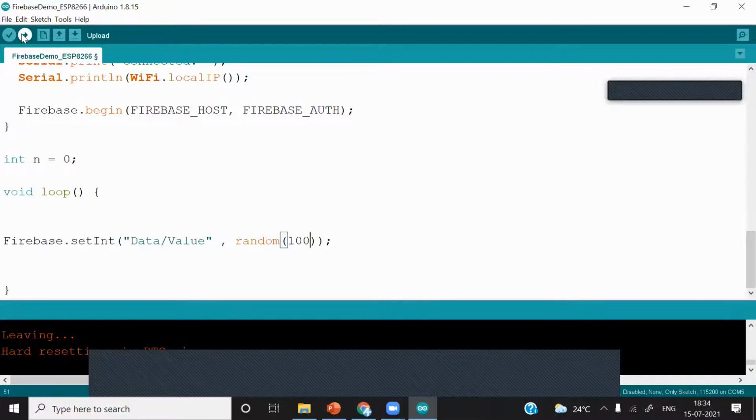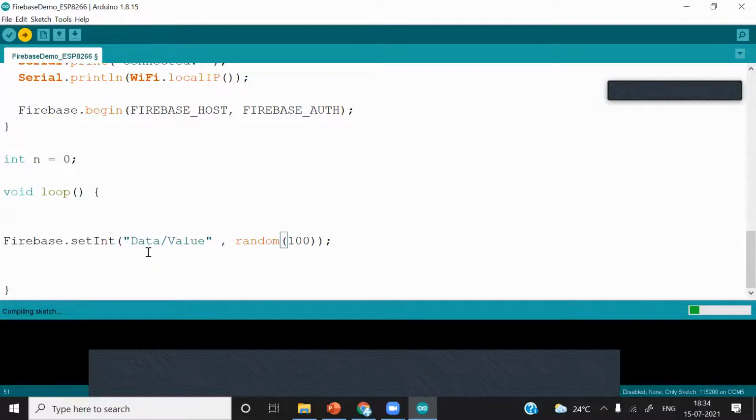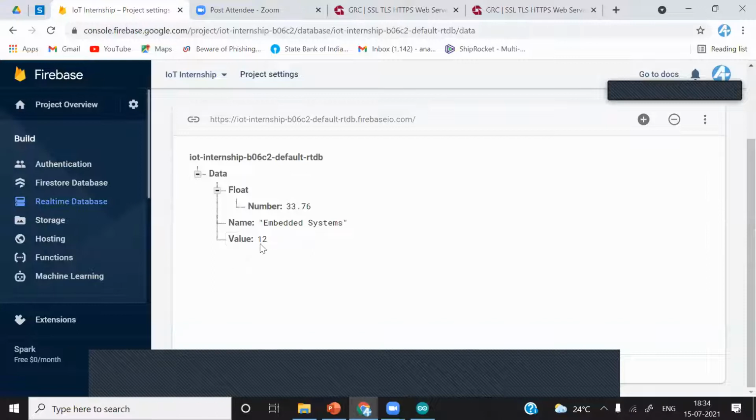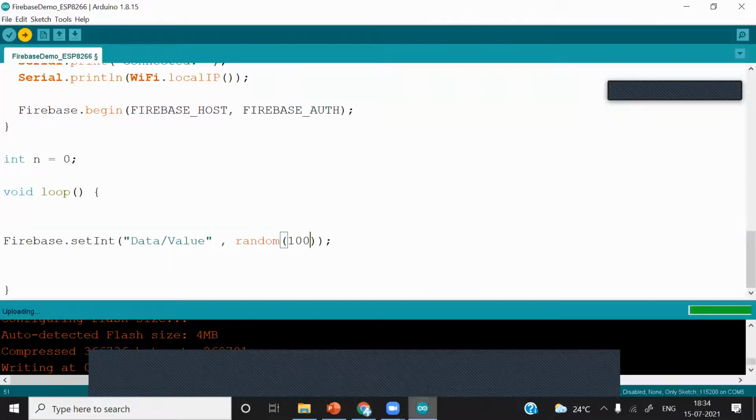I'll just hit enter, and in the loop it will again and again change the number on Firebase. You can see this number changing again and again. Okay, uploading has finished.